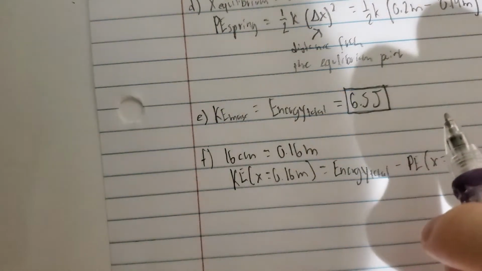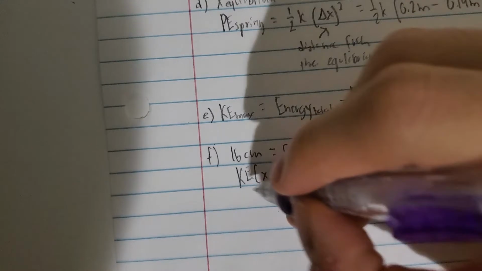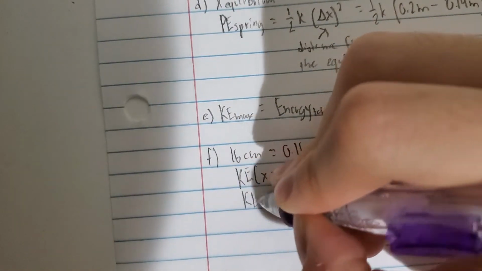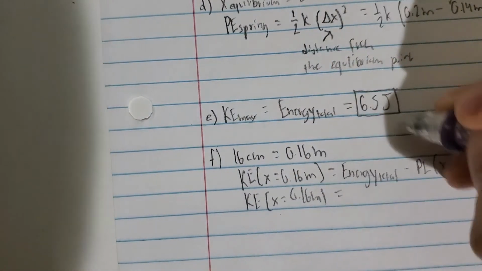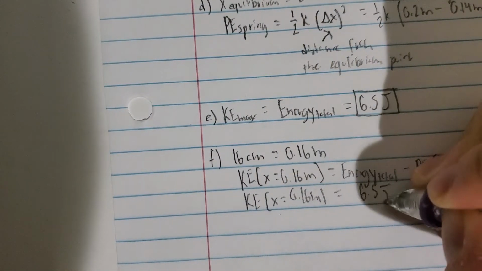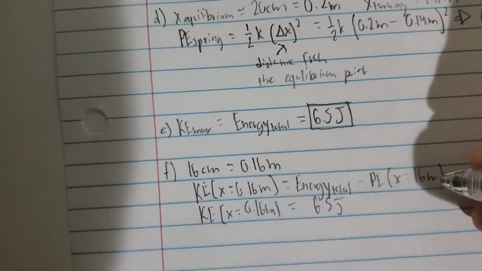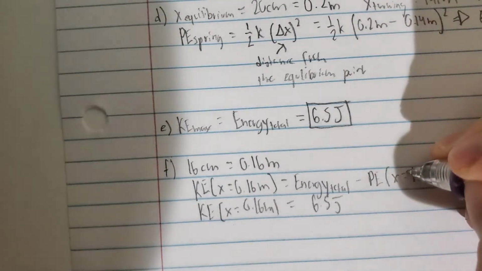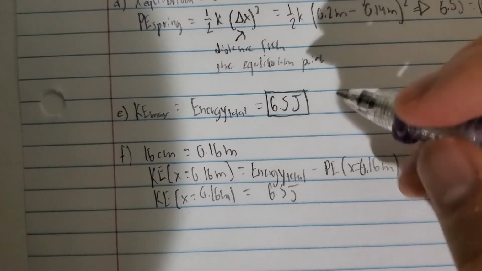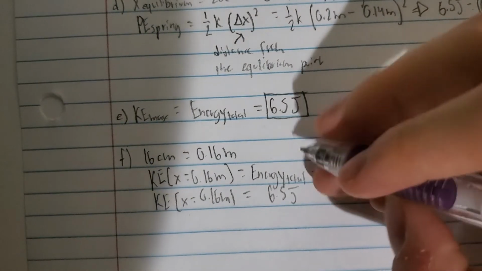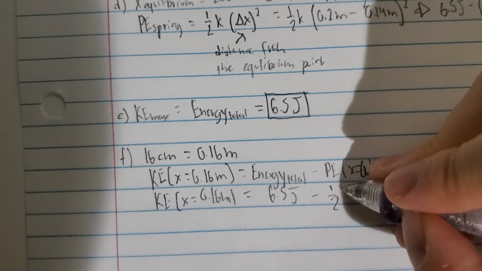So now I can sub in what I know. This is what I'm trying to solve for: KE at x equals 0.16 meters. My energy total is 6.5 joules. My PE at x equals 0.16 meters is equal to 1/2 the constant times